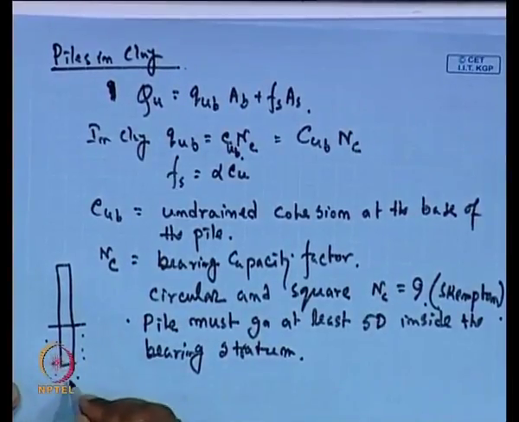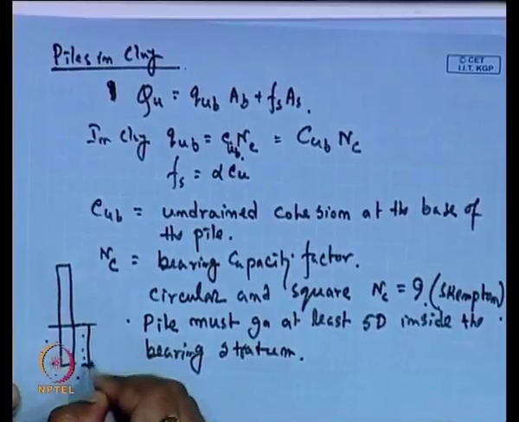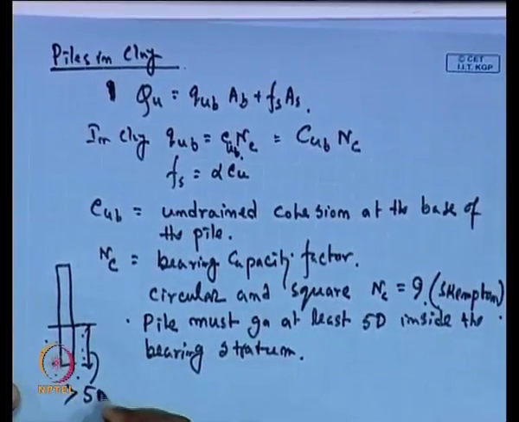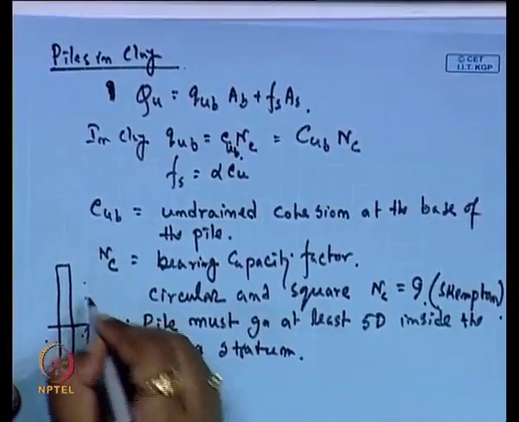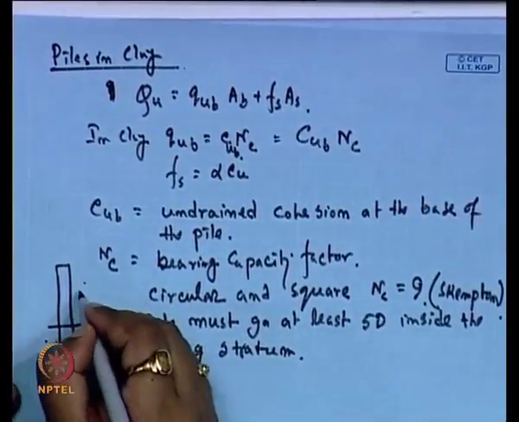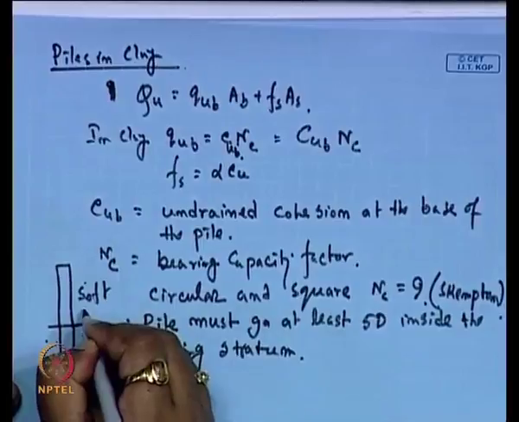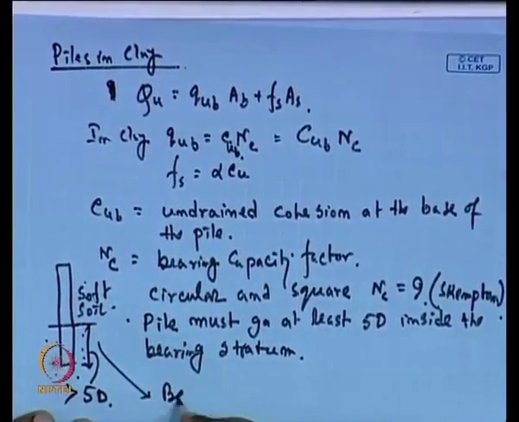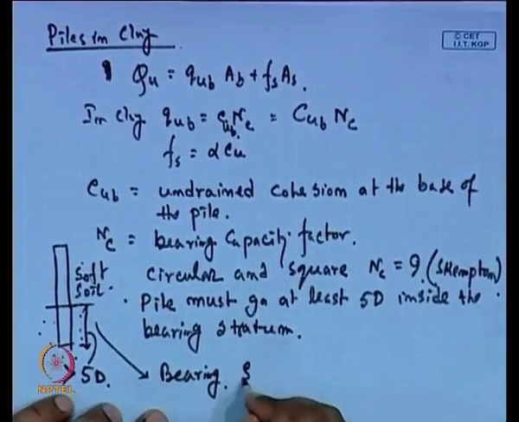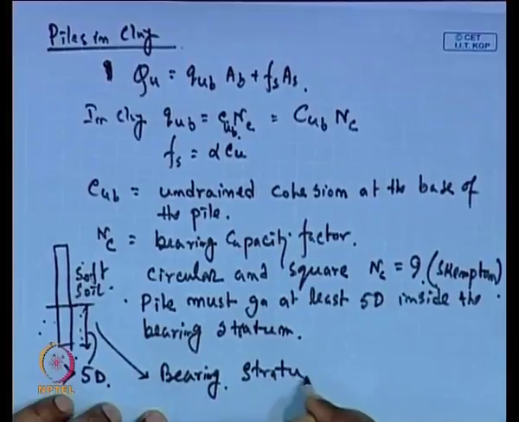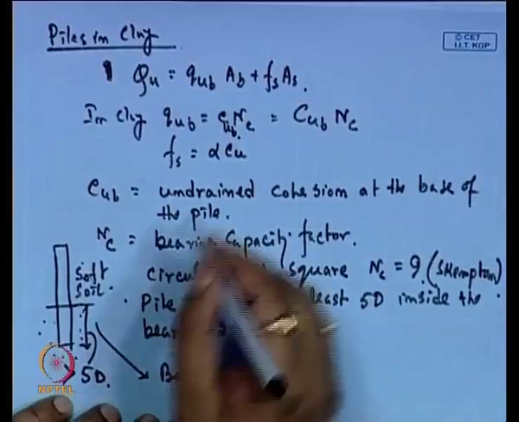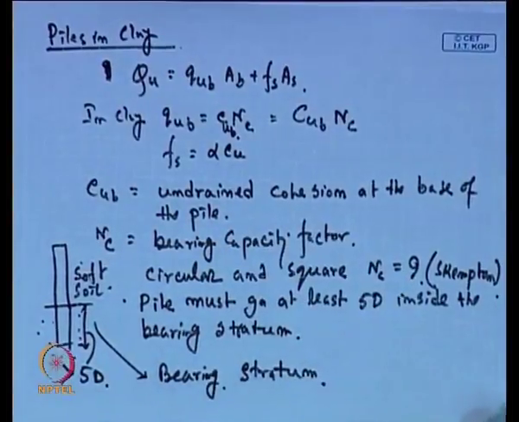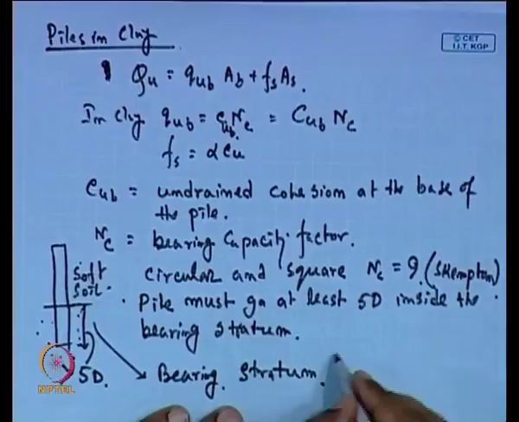This distance should be greater than 5D. So this is the soft strata and this one is the bearing stratum. Here we calculate this Nc and we will get the Qb, and for the other part